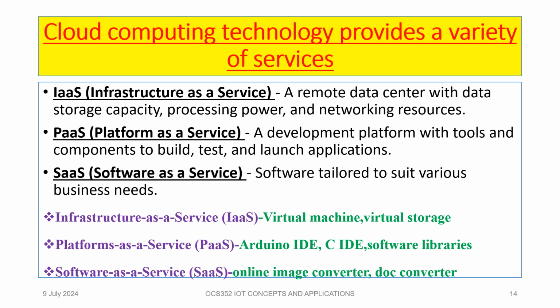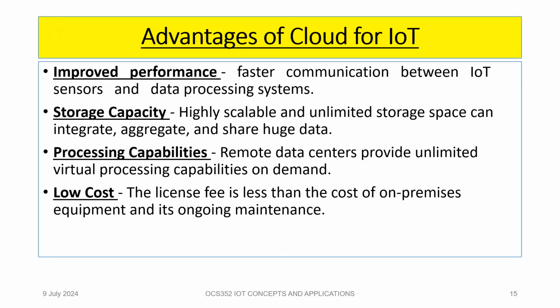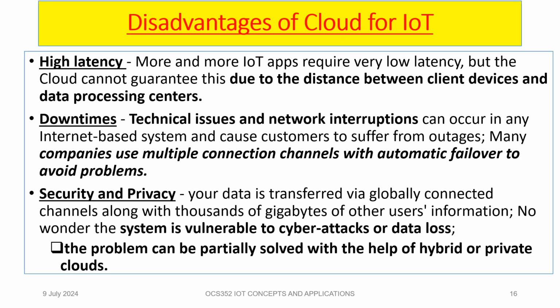Examples: infrastructure as a service, virtual machines and virtual storage. Platform as a service, Android IDE and software libraries. Software as a service, online image converters and document converters. Advantages of cloud for IoT: improved performance, storage capacity, processing capacity, and low cost. And these are the disadvantages of cloud: high latency, downtime, security, privacy, and